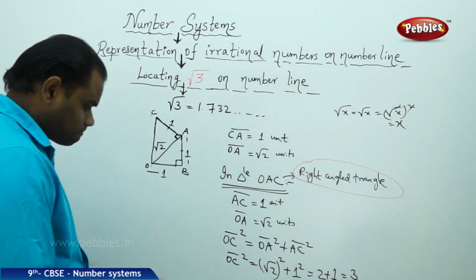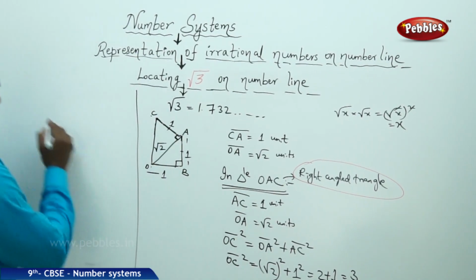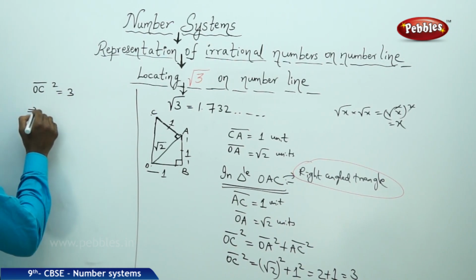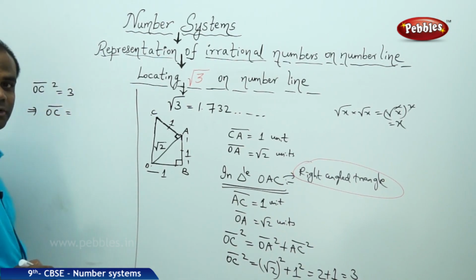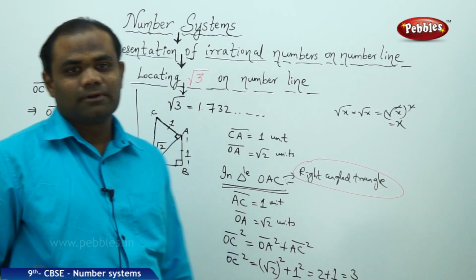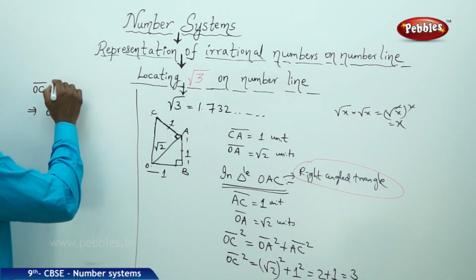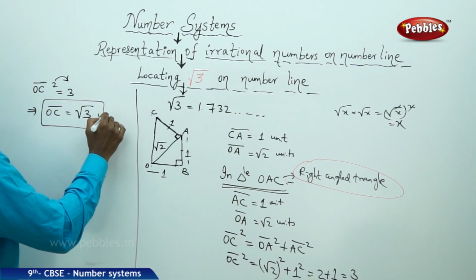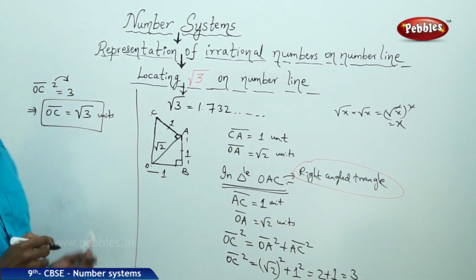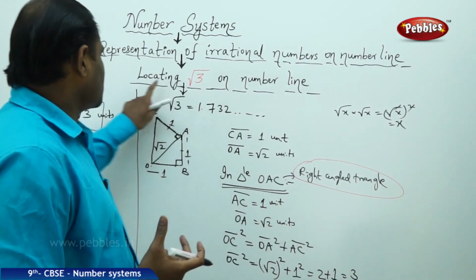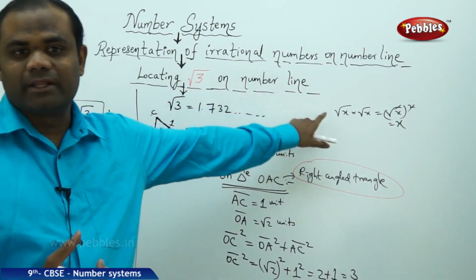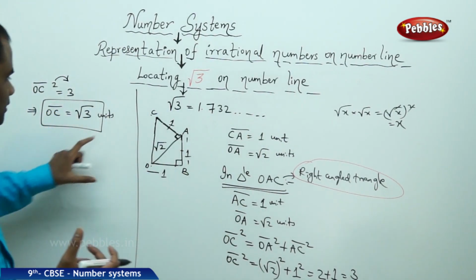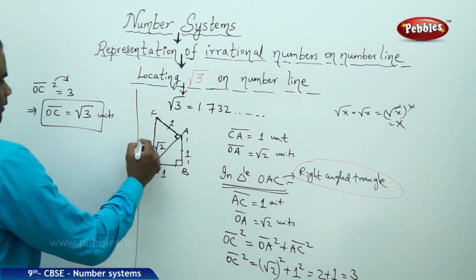Now when I further simplify this, I get OC square is 3, that implies my dimension OC is square root of 3. When the square comes out, it comes out as root of 3 units. So this is how I get the dimension of OC. Constructing or locating root 3 on the number line, we use this geometrical concept of the triangle, and finally we get the distance OC, which is root 3